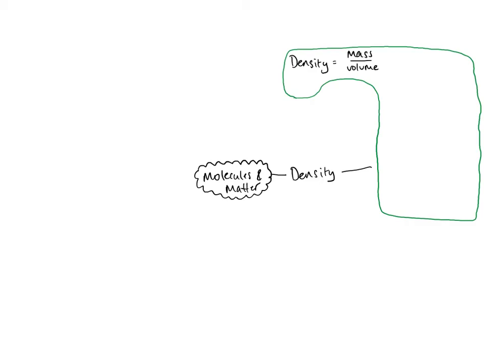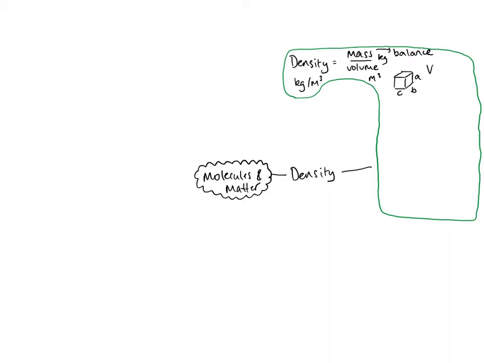Hello, today we're going to go through paper 1, molecules and matter. So we'll start off with the topic of density. The equation for density is mass divided by volume, and it's important to know the units. So we've got kilograms, meters cubed, and therefore because it's kilograms divided by meters cubed, the units for density are kilograms per meter cubed. So when calculating density during a practical, you need to measure the mass using a balance,